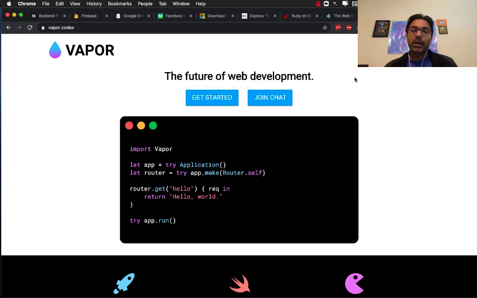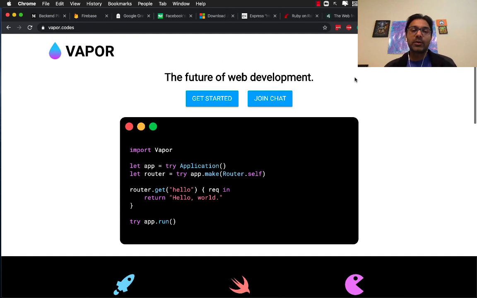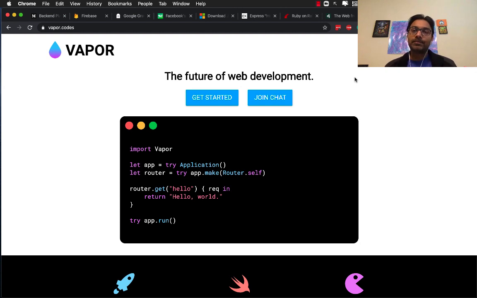The other framework is called Vapor. Now, Vapor is a very interesting framework, and I think they are close to releasing Vapor 4, or it has already been released, or it's close to being released. And Vapor is interesting. I have used Vapor 1, Vapor 2, and Vapor 3. Vapor is still new, all right? It's changing. And when you are using server-side frameworks, since the server is such an important part of your application, you want to use something that is more mature, that has a very large community around it.